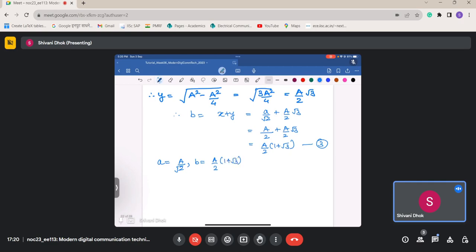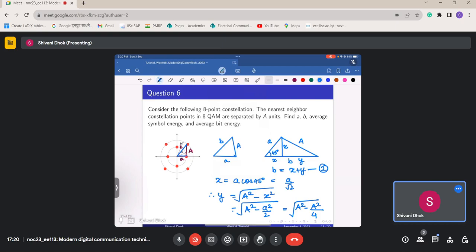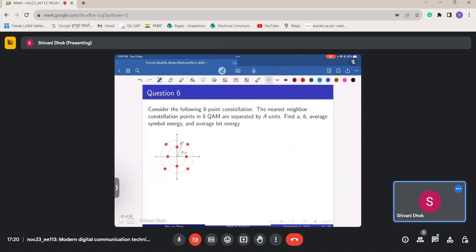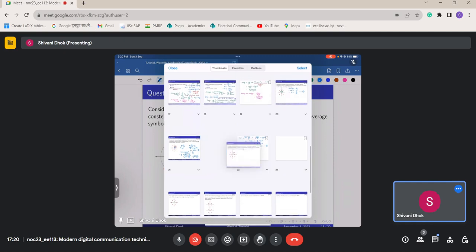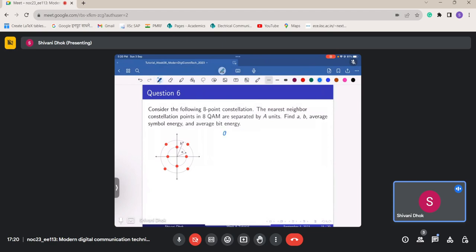Okay, so this is what we are having right now. So we have found this a, this b, and the next thing that we need to find is this average